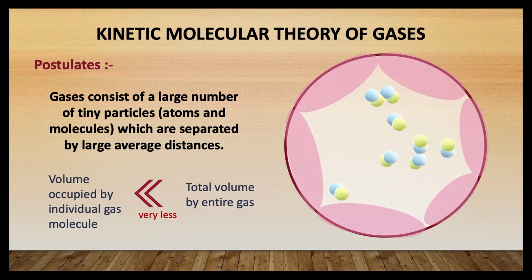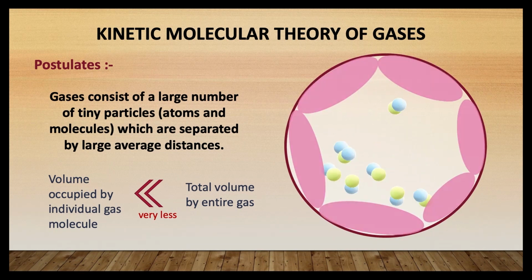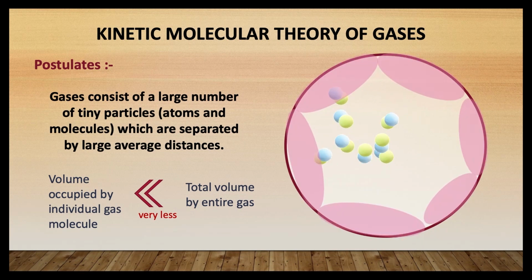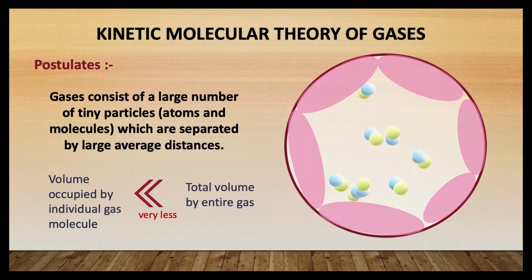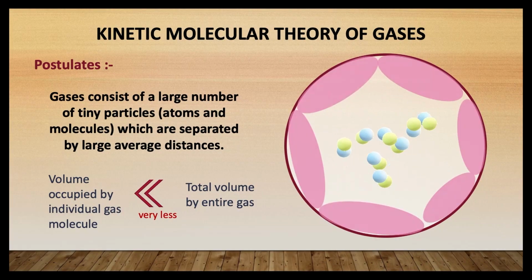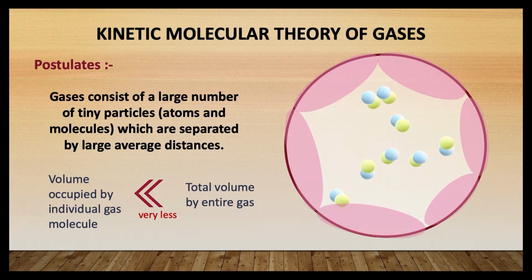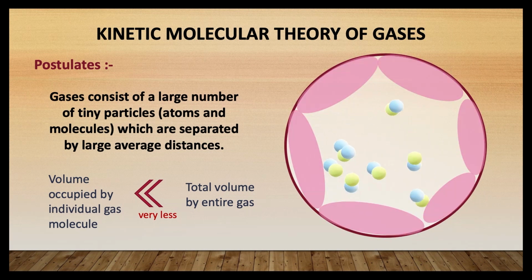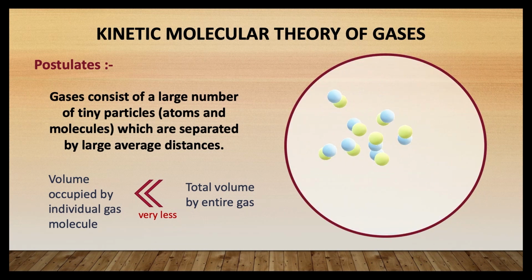And this postulate explains the compressibility of the gas, that is the ability of a gas to reduce its volume on application of pressure. For instance, we can easily squeeze an empty closed bottle as the air inside it gets compressed when we apply pressure externally, isn't it? Similarly, we can also squeeze a balloon to a smaller size when pressure is applied, right? The reason is that the empty space between the molecules decreases, so we can say the compressibility of gases abides by the first postulate of kinetic gas theory.